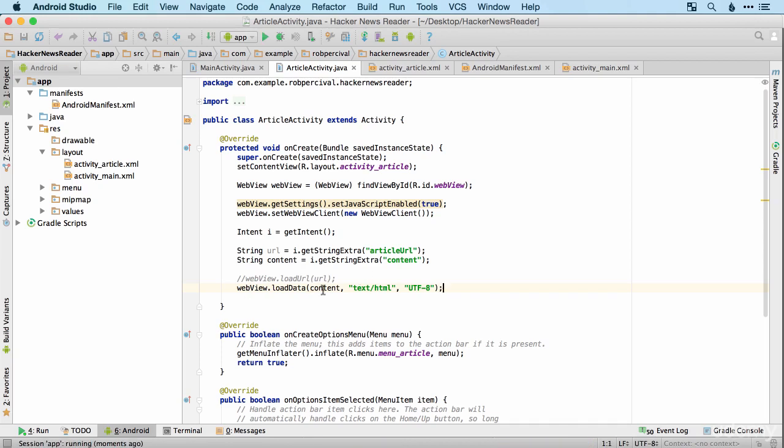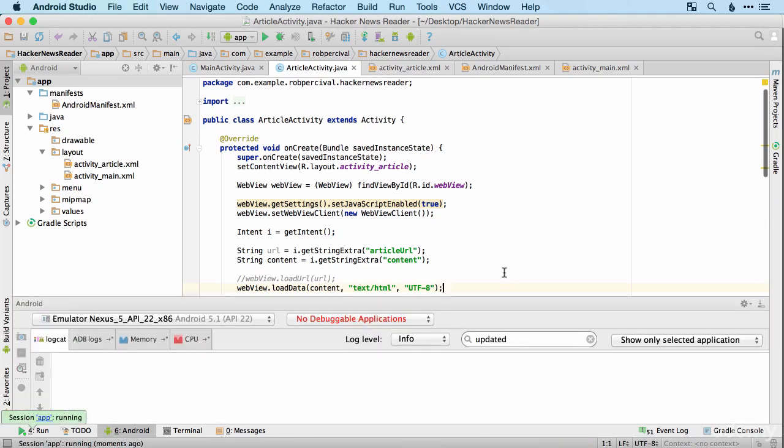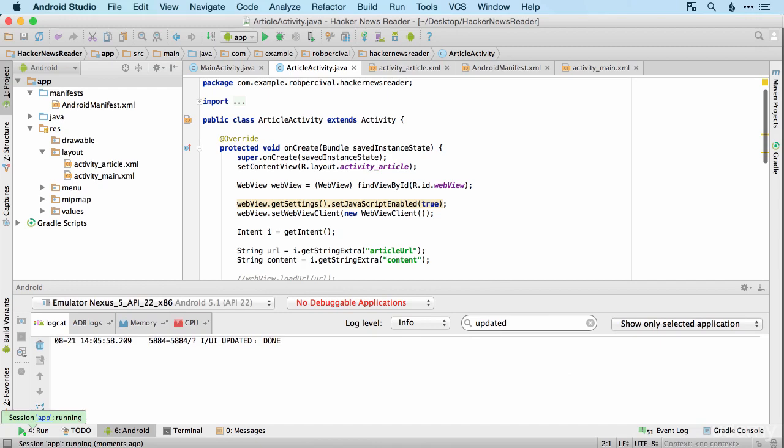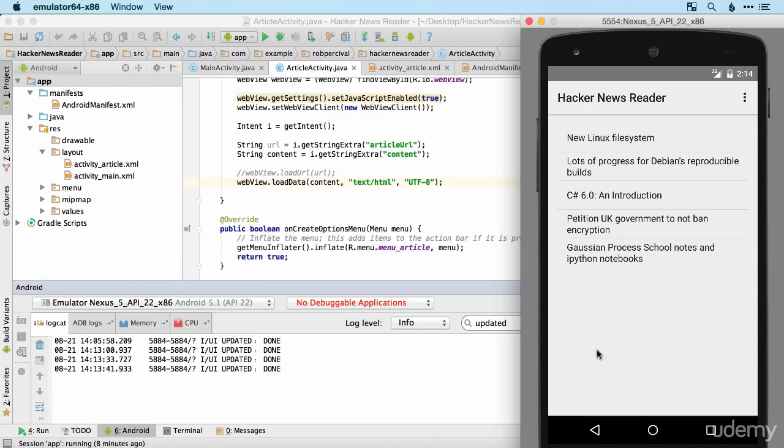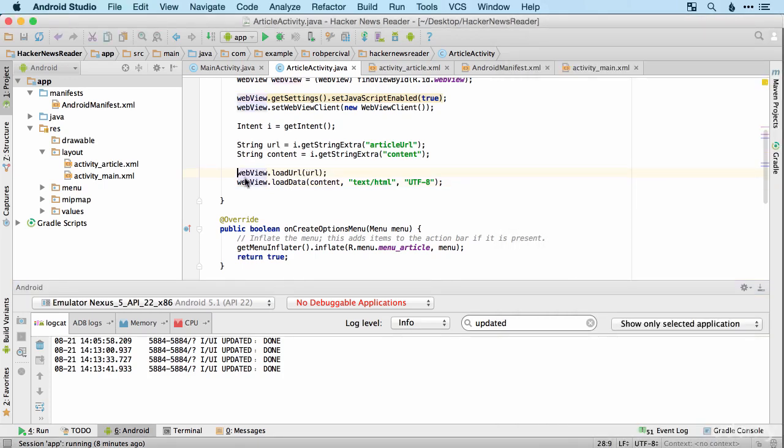There is one thing to notice, that this data will not load all of the style files and JavaScript files, so it might not be as good as the actual live URL itself, in that we should have the actual article text, but it might not look great. Now, I actually left that running for a good 5 minutes or so, and it didn't download all of the content, so I suspect it would be quite a bit faster on a real device. But for now, I'm going to admit defeat,